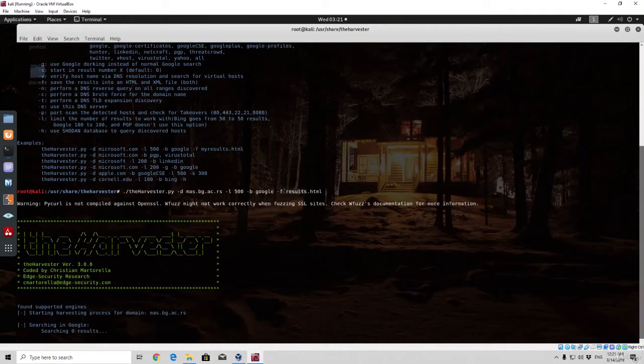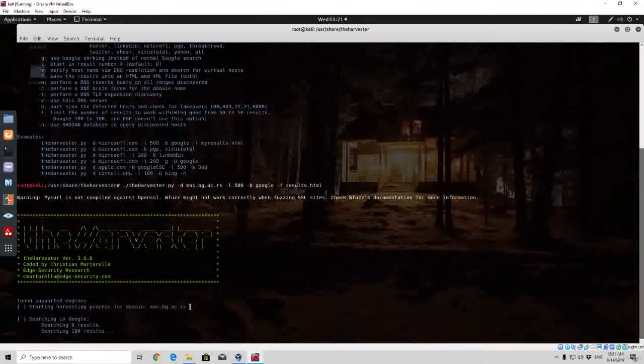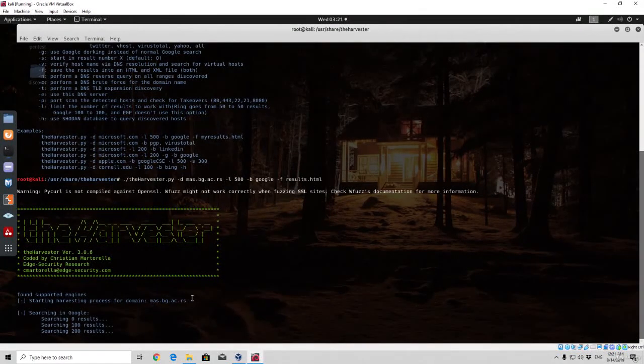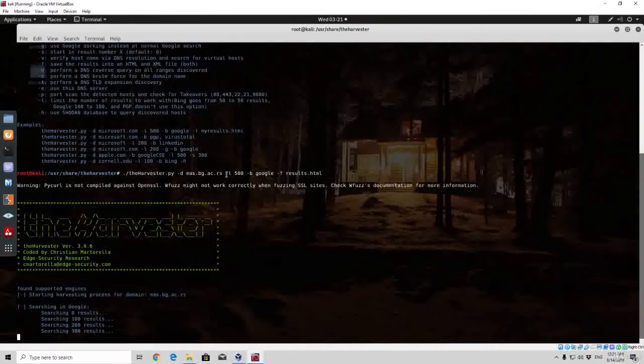I'm saying this from personal experience because I've scanned this website a lot of times and it did return some results, while sometimes it doesn't return anything, and we will see what the result will be right now. So we can see searching in Google, it is searching over 200 results for now. We know that we specified with the -l command 500 results, so we're going to see whether it will find